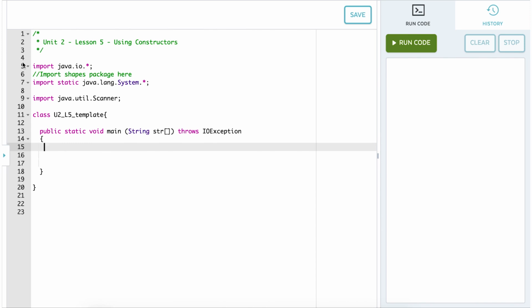So we're going to add our import statement up here at the top, adhesive.shapes.star. And you may not have even noticed these other import statements that have been here all along, but those are what give us access to things like Scanner, to System.out, and we've imported them so that we've been using those all along. But now that we have shapes.star, I just want to compile my program to make sure that everything is still working, and we're good. Now let's go back and have a look at what we can actually do